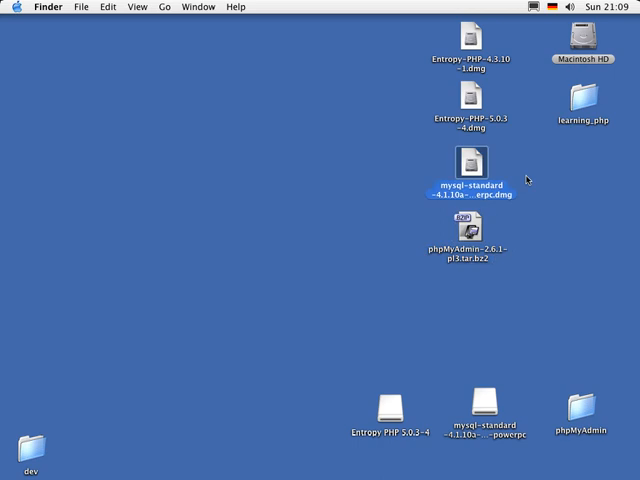MySQL.com, this is where you're going to download the MySQL standard. This is 4.1.0. Again, download the latest stable. And then you're going to have Entropy,